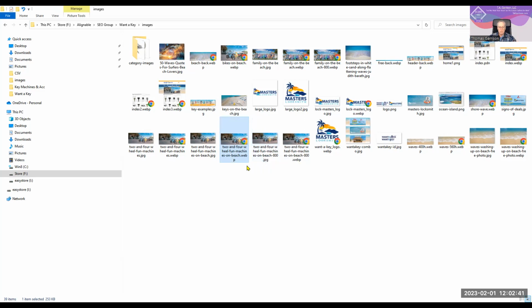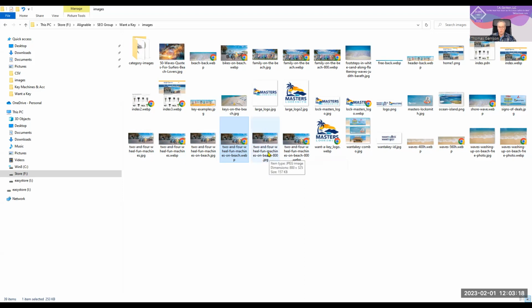Well, shouldn't a WebP be smaller than a JPEG? Doesn't necessarily, because, well, here's the right way to do it. Same dimensions, and just a little bit smaller. So I've got the JPEG is 157, the WebP is 121 at the exact same dimensions. That's what you're trying to do. And so you should use the one that you're on right now? Yes, and that happens to be the WebP, but it could just as easily have turned out to be the